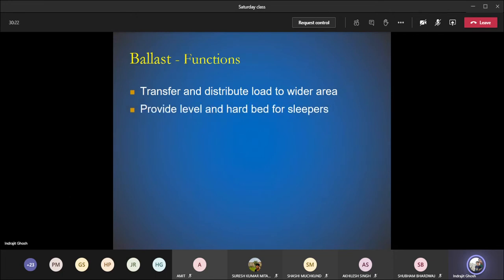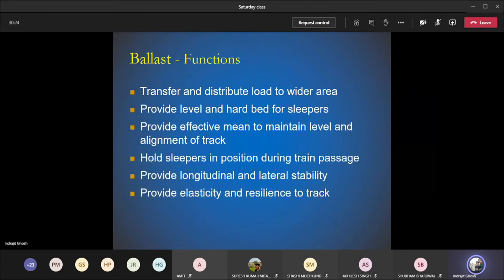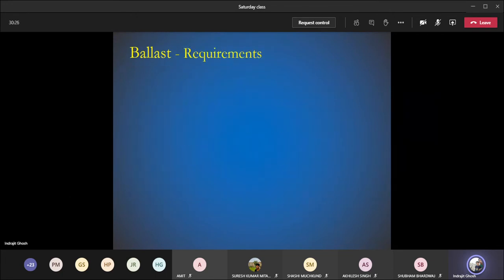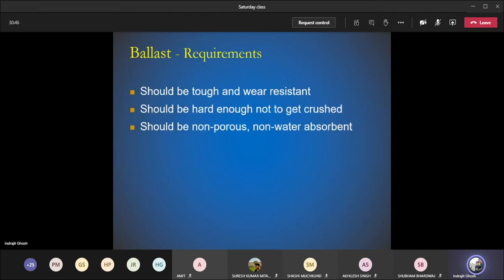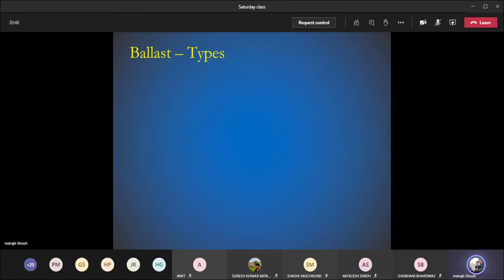The first materials that we saw yesterday, sorry, I forgot to share the slide. My plan is to finish the component of the ballast by the end of this class. Once I am done with the ballast, I will share both yesterday's slides and the lecture slides for this class. Okay, my screen is visible to you, right?